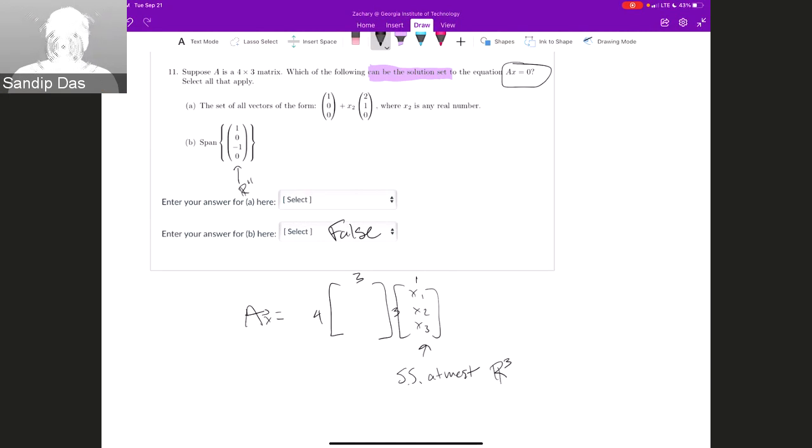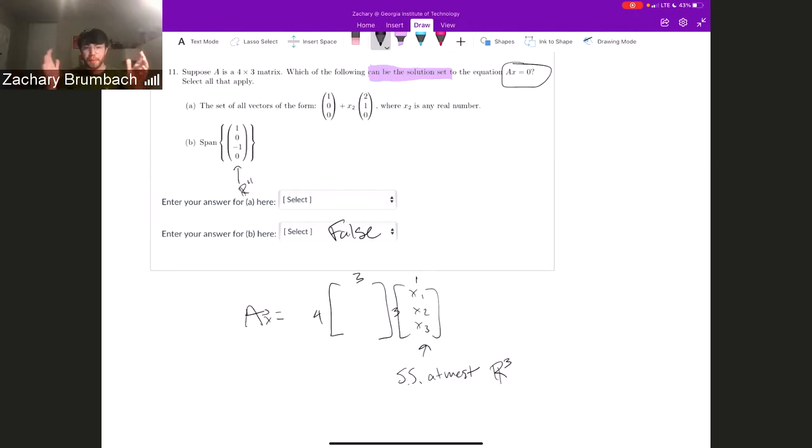Because think if you have an all zeros matrix, right? You have all columns of zeros. How many variables do you have? You have the same amount of columns as you do variables. But they're all free, right? So they can be whatever they want. So you just keep adding axes, you keep adding dimension, and it creates that whole space. So that's what it is at most. Got it. Not really gonna see that ever, but I'm just talking in terms of what to think about. Because in this instance for B,